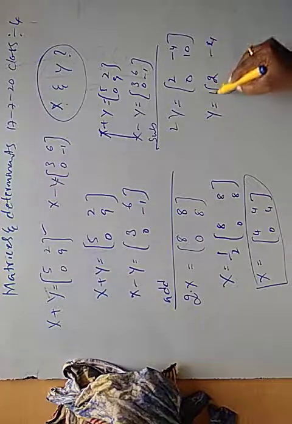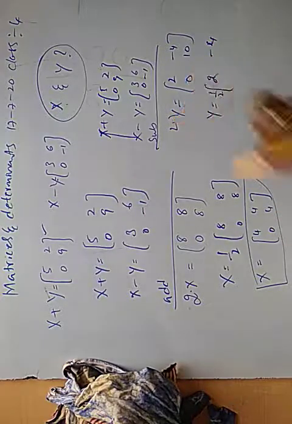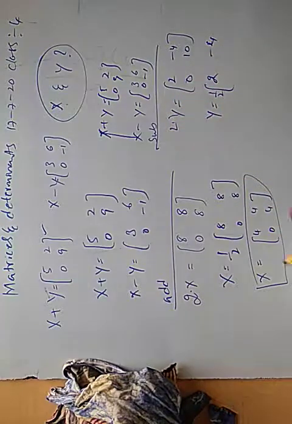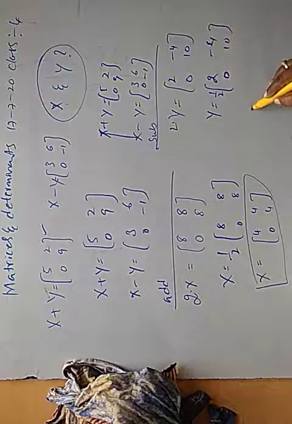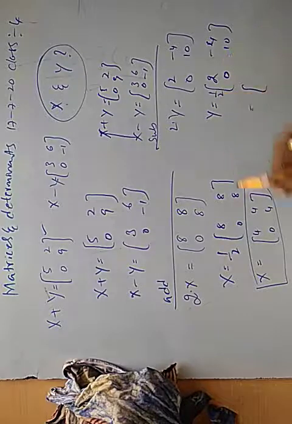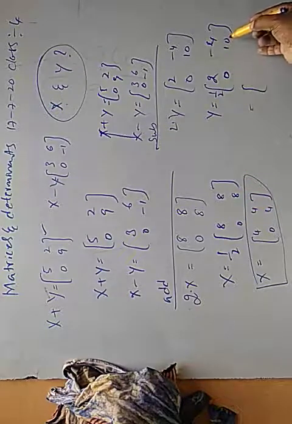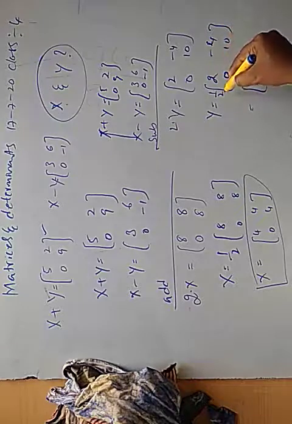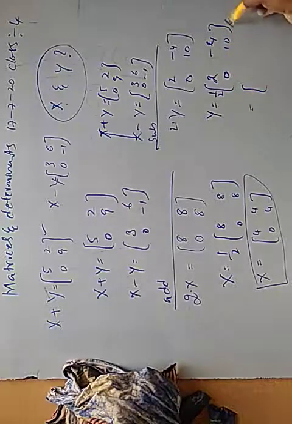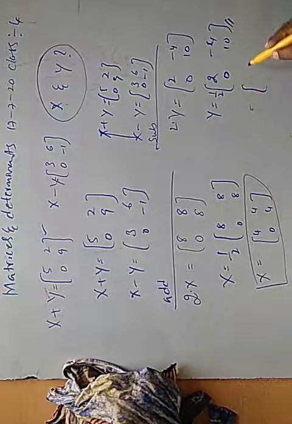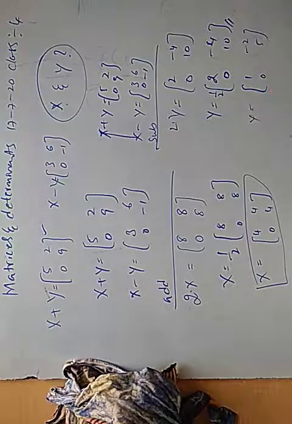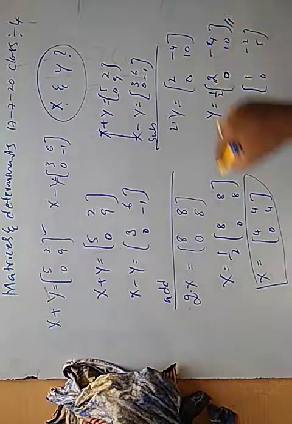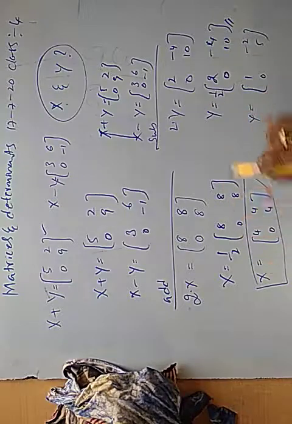Let me divide first by 2. This is a product. To bring it to the RHS, it becomes a divisor. Again catch this point. If all the elements inside the matrix are divisible by this 2, then only we can divide. Otherwise, we can leave it here also. 1, minus 2, 0, 5. This is the matrix. Check the simplification properly. If I make any mistake, you should correct the simplification. The working rule is correct.